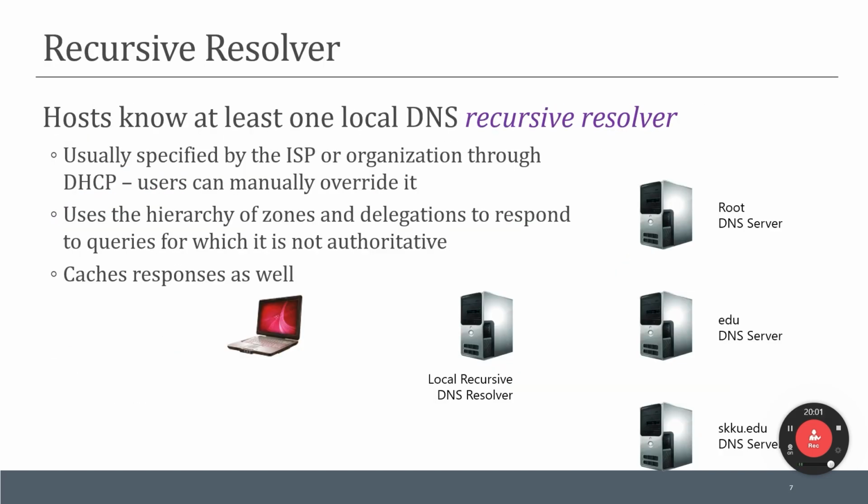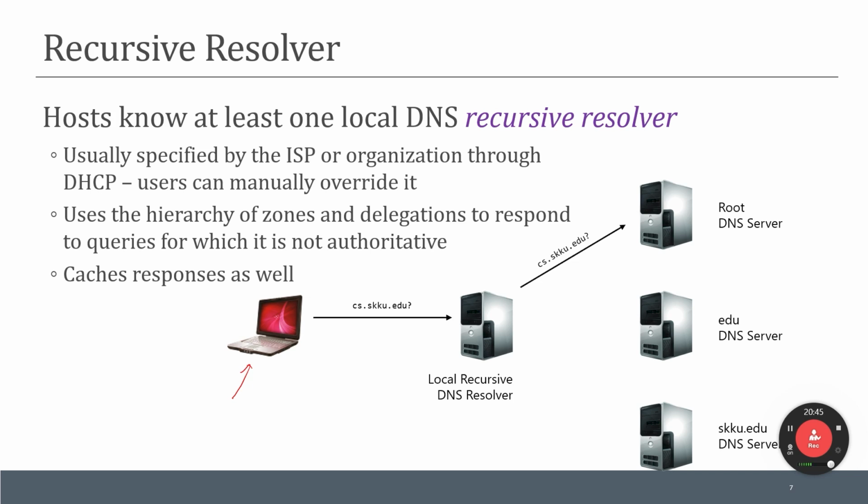Right? So let's see how the recursive resolver works. So now here we have the client, and the hierarchy of zones and delegations works to respond to queries for which it is not authoritative. So the client asks the local recursive DNS resolver, what is the IP address of cs.skku.edu? Then this DNS resolver, on behalf of this client, goes to the root DNS server, asking, okay, what